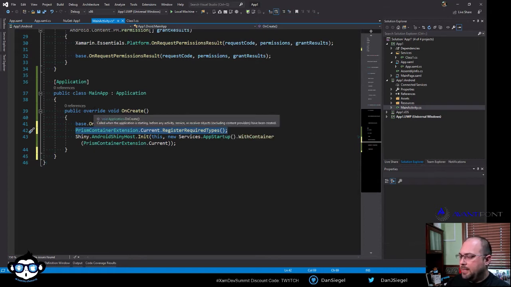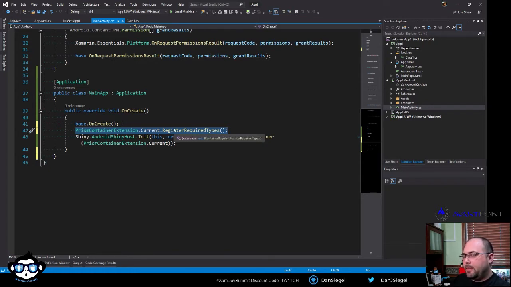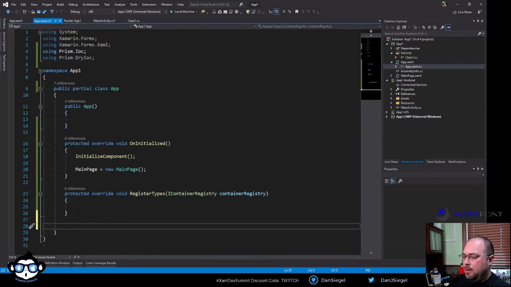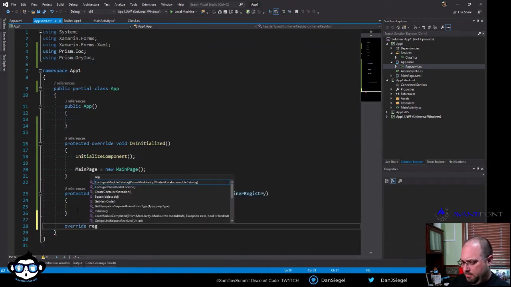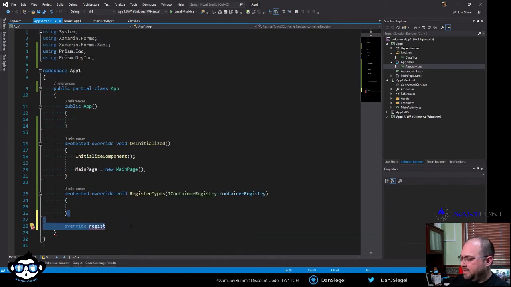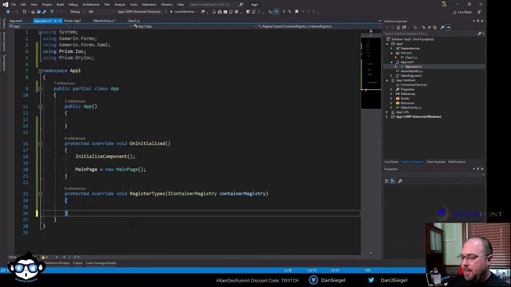And when you do that, you're going to have to, how should I explain it, you're gonna have to modify your application a little bit, right? So if you are doing that, you are gonna want to come in here and say register. Well, unless I might need to make a change. I think I do. Yeah, I need to actually change this to support the scenario. I thought I made the change already. In any case, you'll have to override the register types in here